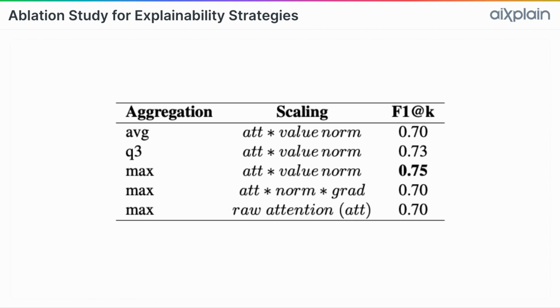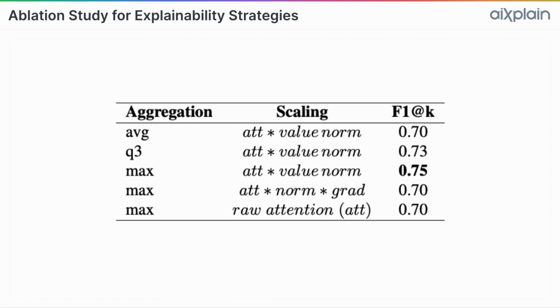For the evaluation study, we used two strategies for understanding the model behavior. One was the scaling, and the other was the aggregation of the tokens. On the scaling, we compared the raw attention values with the attention scaled by the norm of value vectors, or multiplying them by the gradient. And we found out the attention values that are scaled by the norm of value vector give us a deeper insight into how the model weights prioritize the different tokens and words in a sentence.